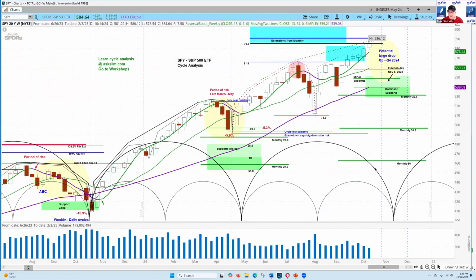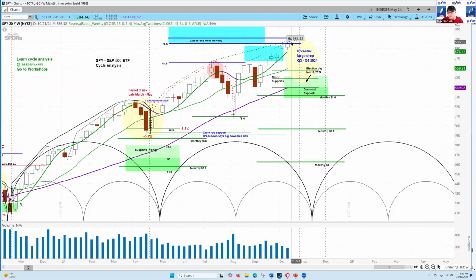So that's where we are right now with no peak yet. And no reason to believe yet that the market's going to go down, other than it's at historically high valuations, and that the normal cyclical movement would then have it pointing to the correction, which is very, very likely coming. You see in here the note, potential large drop, Q3 or Q4 or together, and that's what I believe is the highest probability.